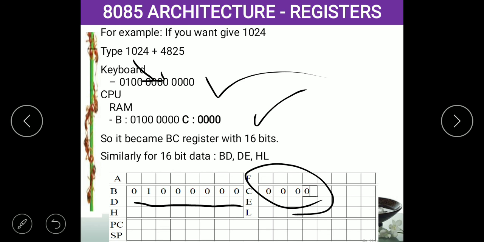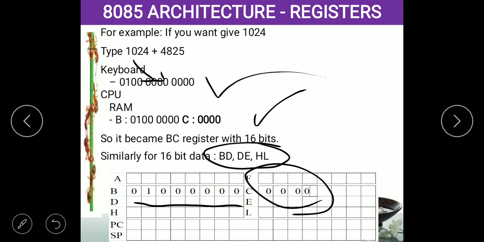Similarly, we have 16 bits for an operation. The microprocessor will combine any two registers, BC or DE or HL, together to hold that 16-bit data. This is called a register pair. The processor will combine only BC; the processor will not combine B and D.